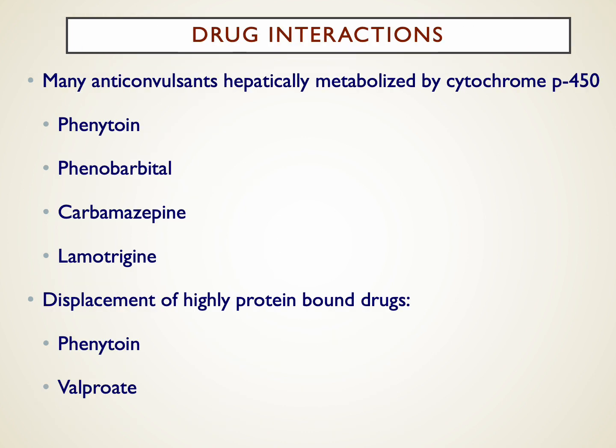So with interactions, there are a great number of antiepileptic drugs that will interact with each other or with other drugs. Particularly, this is true, phenytoin probably has the most interactions. Phenobarb does as well. And so those two agents, thankfully, are a bit in the background. We don't use them as first-line agents. But any of the antiepileptic drugs have a lot of interactions, including carbamazepine, lamotrigine, and then phenytoin is another agent that has a lot of interactions with protein binding as well.